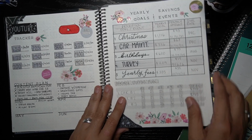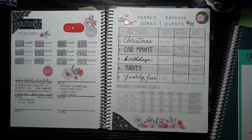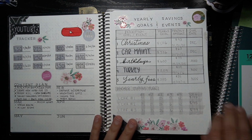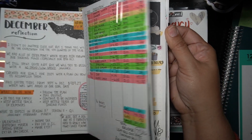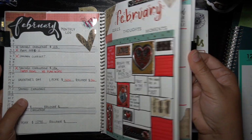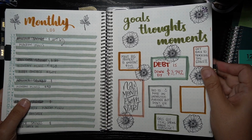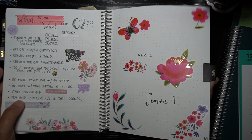It's something that I am super proud of because I actually stayed with it, and I did not stop, which is cool. You'll see I have it for every single month. I kept track of certain things in January, February, and then March, and of course when we got into April, things got a little bit more